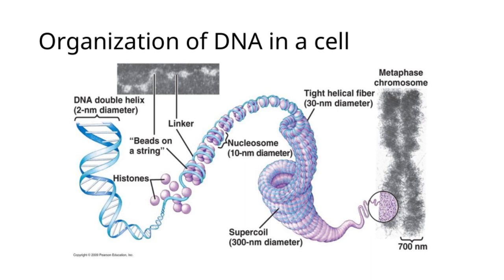At the most basic level, DNA strands are tightly coiled around proteins called histones, forming structures known as nucleosomes. These nucleosomes further fold and pack together to create a dense, organized structure called chromatin. When a cell is ready to divide, this chromatin condenses even more, turning into chromosomes, which are the most compact